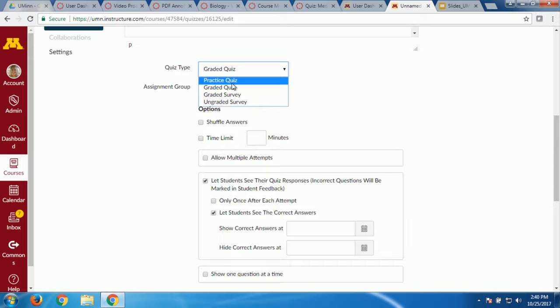So you can use this in multiple ways. It's not just for, and the word quiz is misleading anyways, it can be a formal exam. It could be just a quick quiz, a check exit type of activity. Really anything you want to assess and track and give feedback for is good for this quiz tool.